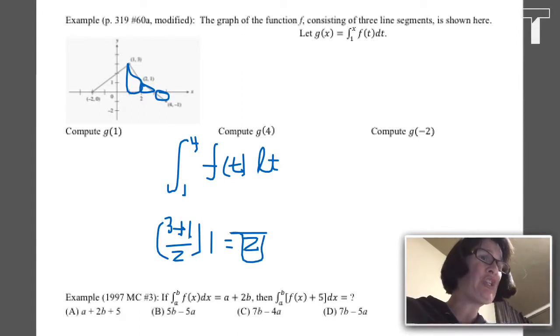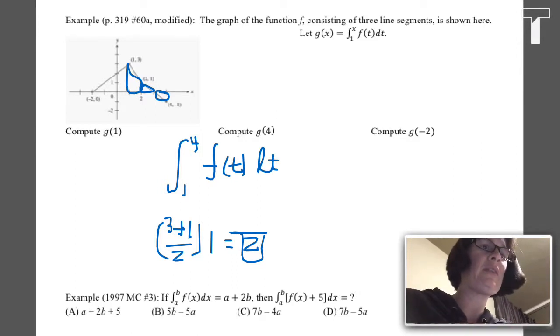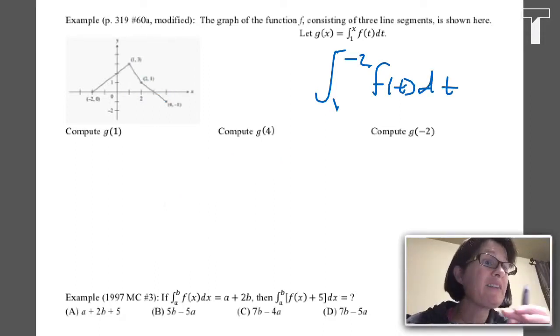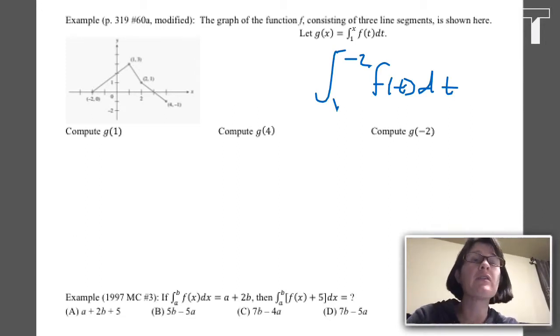Now I've been asked to find g of negative 2. Again, we'll write the integral. That's going to be the integral, I'll write it up here, 1 to negative 2 of f of t dt. This is a very common kind of problem to see, especially in the free response section. So I have an integral. Here's the function. All I have to do is find the area under the function between 1 and negative 2,